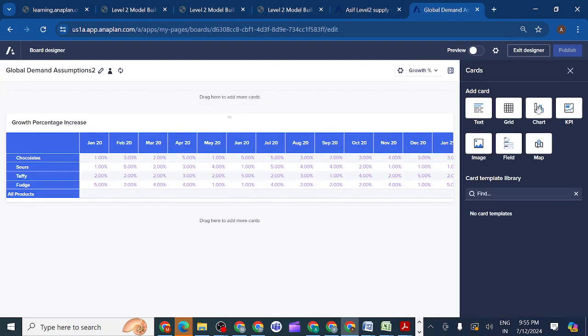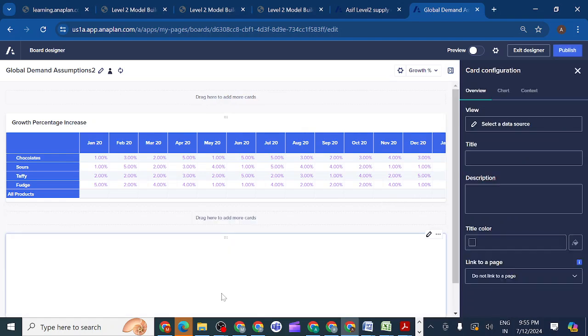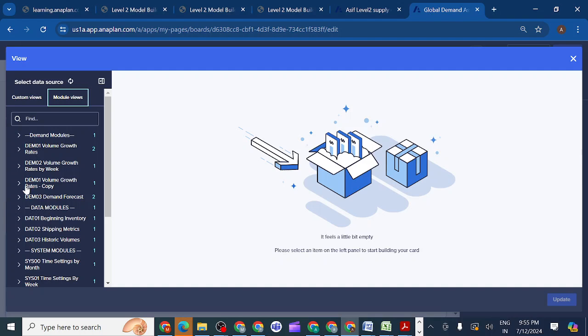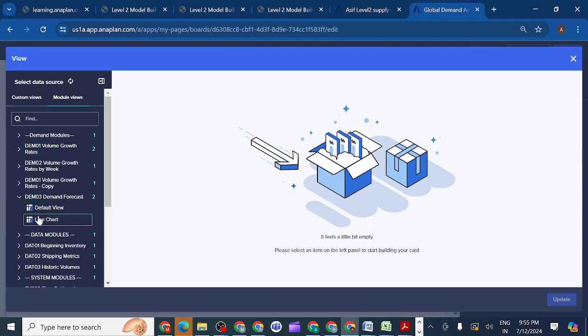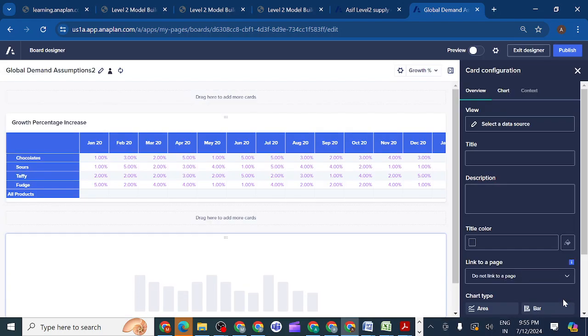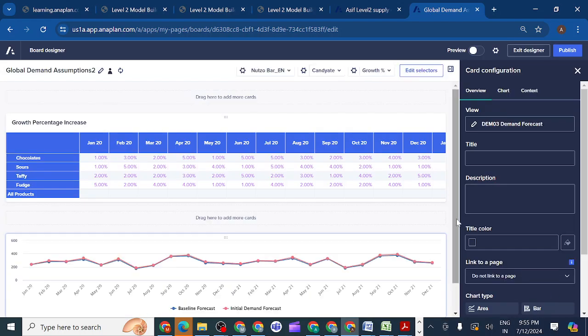They want a line chart card here. Chart card means they want a chart here. You can see the source should be demand 03. Here, demand 03 saved, and they are asking for the default line chart view. So here you can see we need to select these two line items, this view, and then